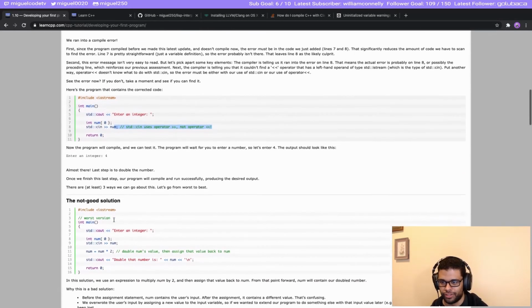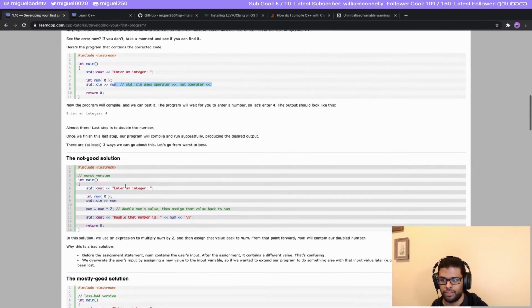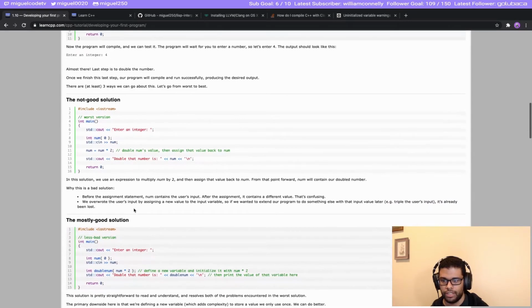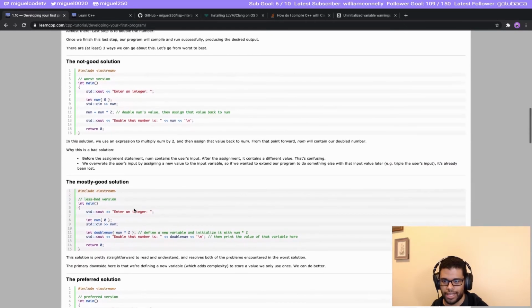Not a good solution. So once we finish the last step, our program will compile and run successfully. There are at least 3 ways we could go about this. Let's go from the worst. Okay, so the worst one is doubling the number, and then I guess that's what's happening. The mostly good solution is